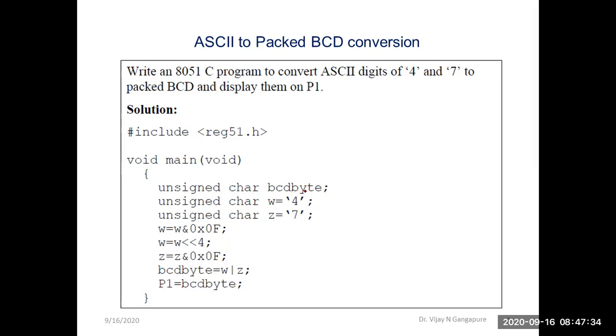BCD byte is the name given to the variable and it is of type unsigned char, means in BCD byte I can store any number between 0 to 255 in decimal,